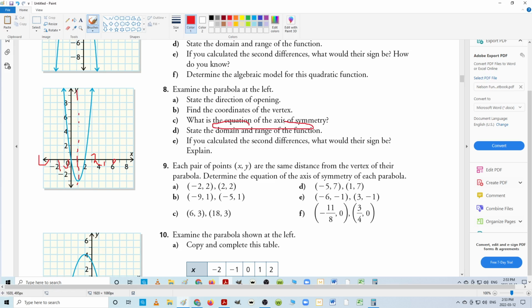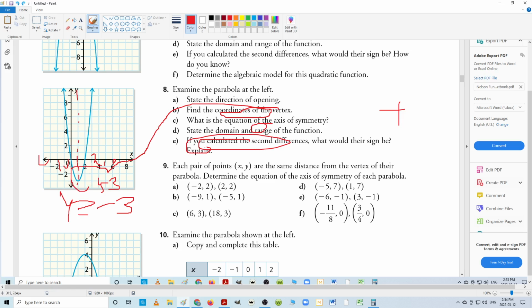State the domain and range. x ∈ R for domain. Range is going to be, here's the vertex. It's at, looks like, -3. So (1, -3), which means y is bigger or equal to -3 because it's opening upwards. If you calculate the second difference, what would the sign be? Positive, because the rate of change is positive, it's going up. That's all they ask. Oh, coordinates of the vertex. Good, that's it right there. (1, -3). They don't ask us to calculate the